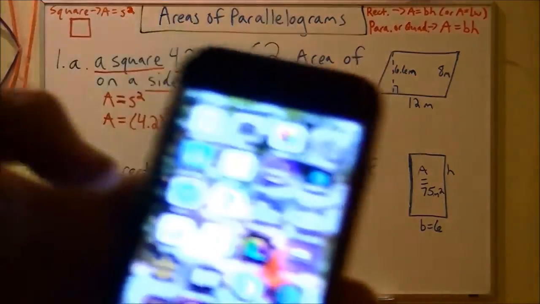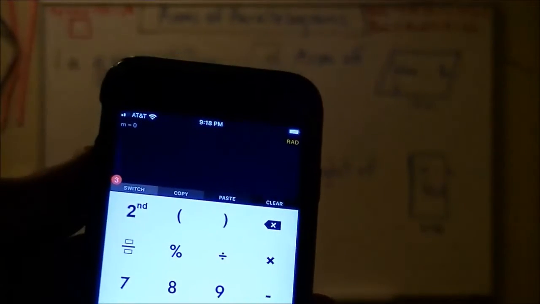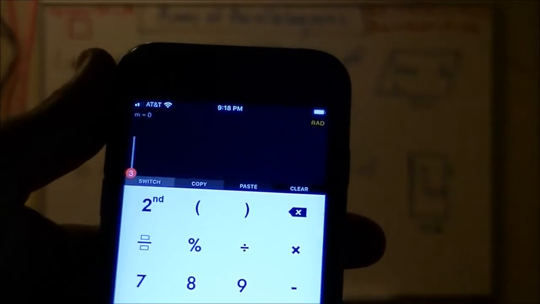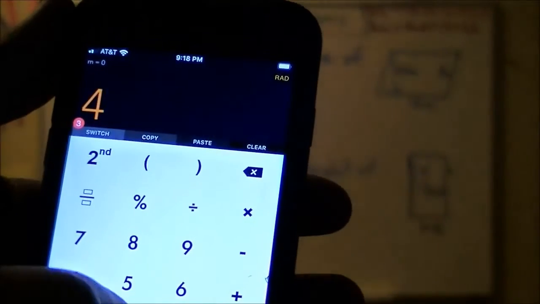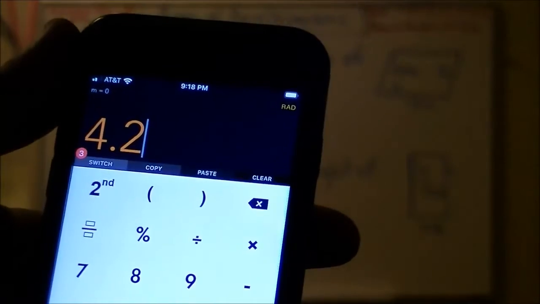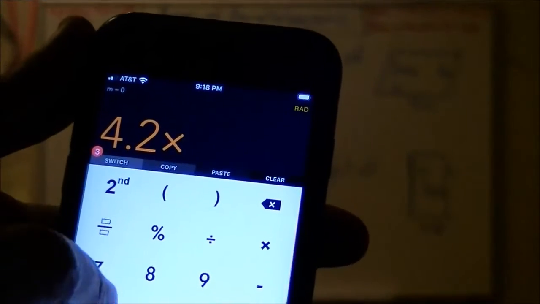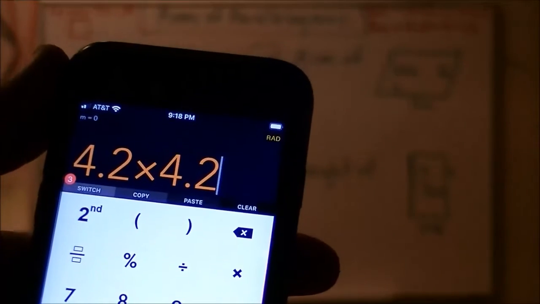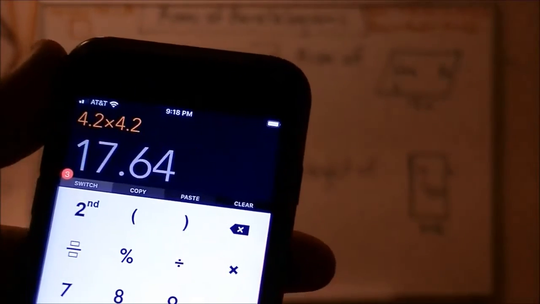Guys, get out your calculators. I'm going to let you use your calculators on this chapter. It's not a huge number, but I'm going to let you speed up the process on these, because I know we could sit there and do the math, but we've done that all year, so we'll speed it up on these. So I'm going to put in 4.2, and if you have an exponent button, you can use that or just square it. For simplicity's sake, like I have been doing some, I'm just going to put times 4.2, which is itself. So it's not 4.2 times 2, but 4.2 squared, which is 4.2 times itself, which is 4.2. And that equals